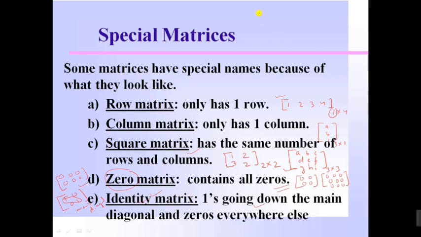So to elaborate, we write I, suppose this is 2, I2 means identity matrix of order 2, and it is denoted like this: 1 0 0 1. Similarly, if I ask you to write I3, this is an identity matrix of order 3, that is 1 0 0, 0 1 0, and also 0 0 1. So this is the definition of an identity matrix. It is denoted by I. So the zero matrix is denoted as O, and the identity matrix is denoted as I. So I think this is getting clear to you. Let us move to the next one.